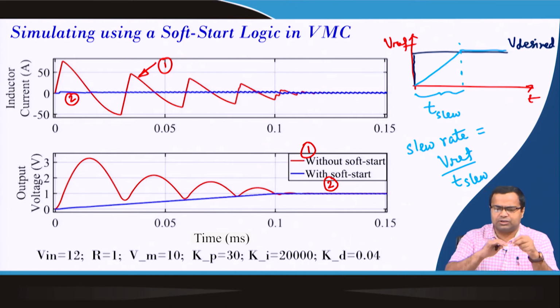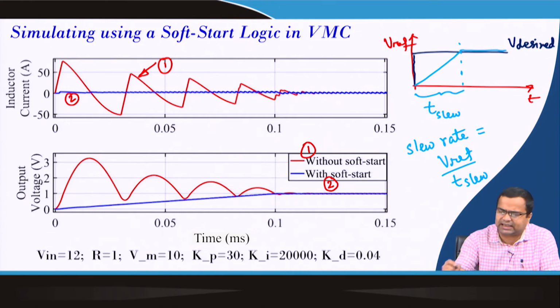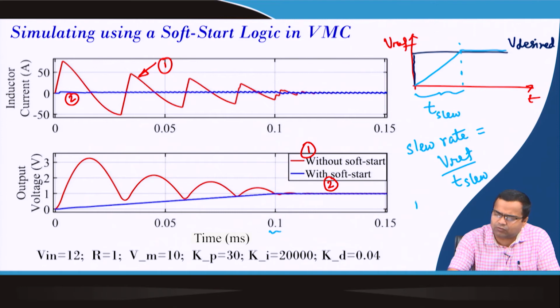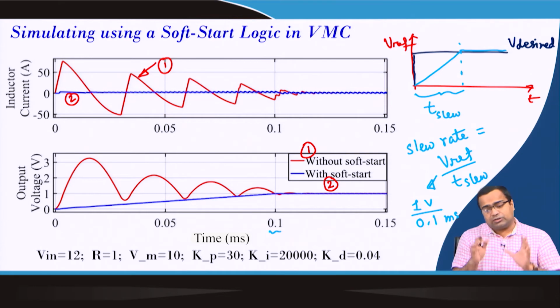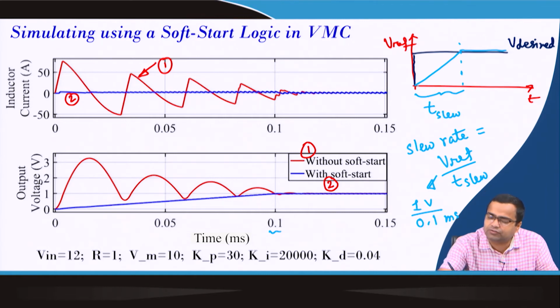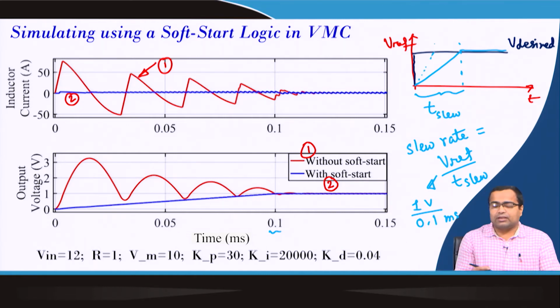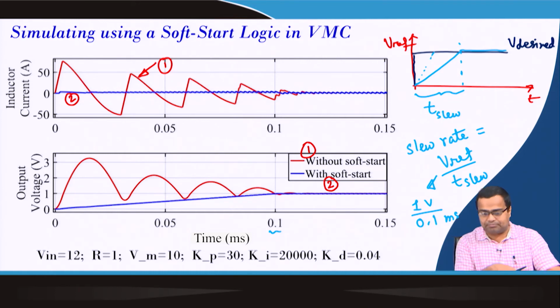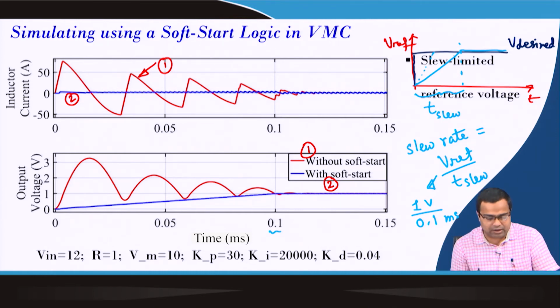If you make it very slow, then your converter will respond and you see there is no transient effect. So, in this case we have set 1 volt, which is Vref divided by 0.1 millisecond. This is the slew rate in our case. This is good, and you will hardly see any transient effect, but this may not be fast enough because we may want to speed up the response. So, we may try to increase this slew rate, and if we increase the slew rate, we will see the impact. But the next question: how can we implement this logic?